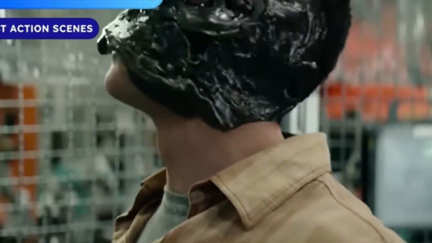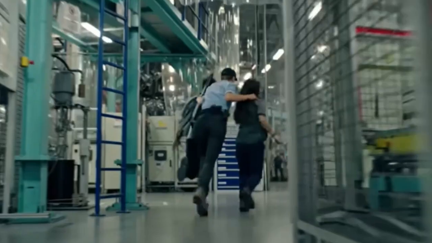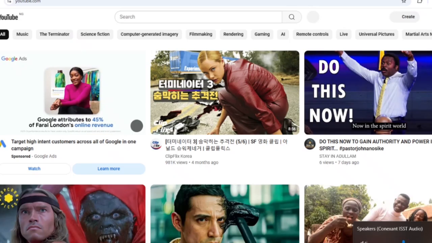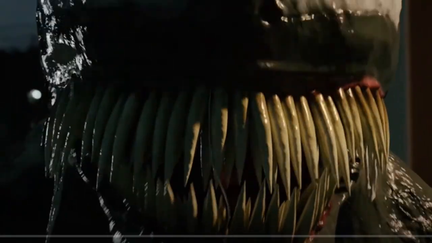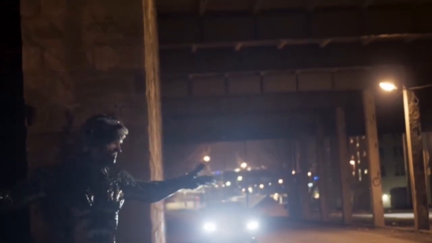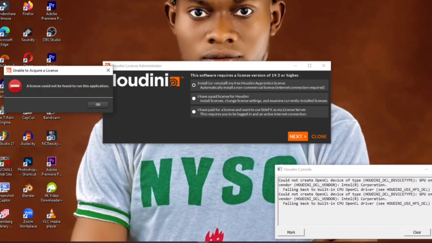Recreating this amazing VFX from Terminator Dark Fate has been something I've been working on for a while now. I searched on YouTube to see how this effect was created, but I found none. Utilizing the idea I used in creating the Venom series, I decided to give it a try. I wanted to use Houdini, but I lost access to Houdini on my computer, so I resorted to recreating this